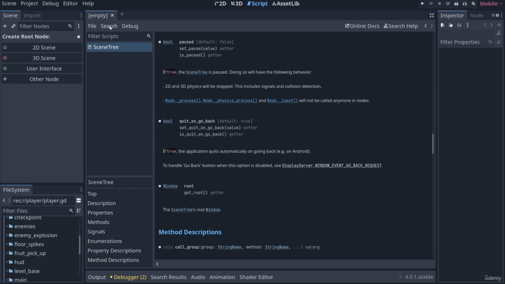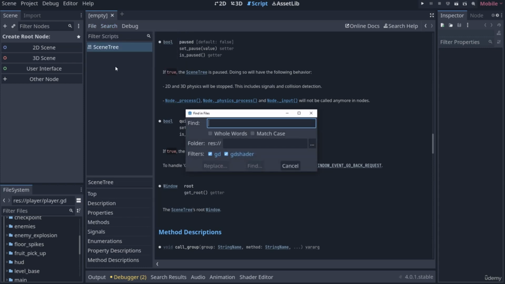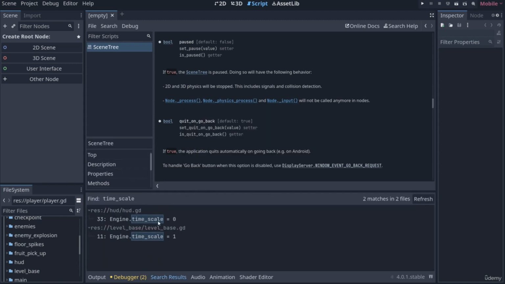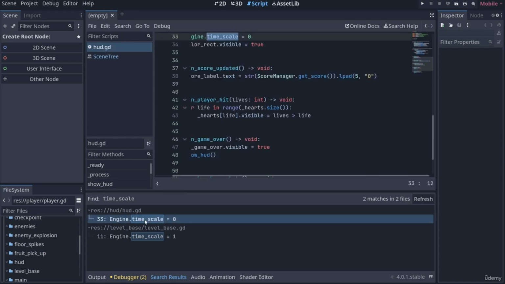So what I'm going to do is go to search here and then to find in files. Inside here, I'm going to type timescale, click find. And then down the bottom here, we've got all of the instances of timescale that we've got inside the game. So we've got it in the HUD.gd and also in the level base.gd. Let's start with the HUD. So I'm going to double click on this here, and that takes us into the HUD.gd where we're setting